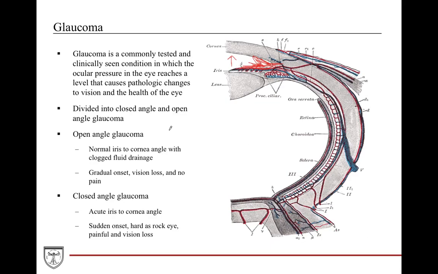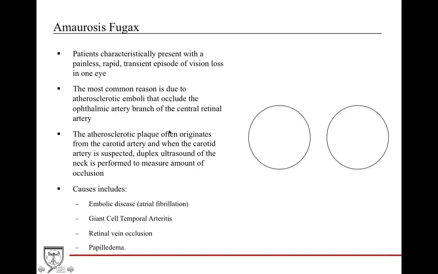it's an open angle. And there's another topic, it's called amaurosis fugax, and this is a very characteristic presentation when you have transient loss of vision. And it's most commonly due to like an atherosclerotic emboli that then showers off into the ophthalmic artery, occludes the central retinal artery, and then you can't see. It originates, again, usually from the carotid artery, common carotid, and then kind of something's getting showered up towards the ophthalmic artery. And you can use a duplex ultrasound to kind of figure out if someone's at high risk for